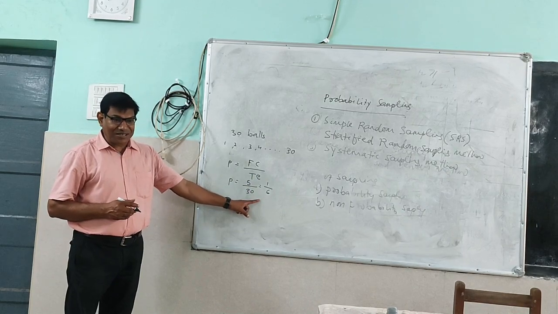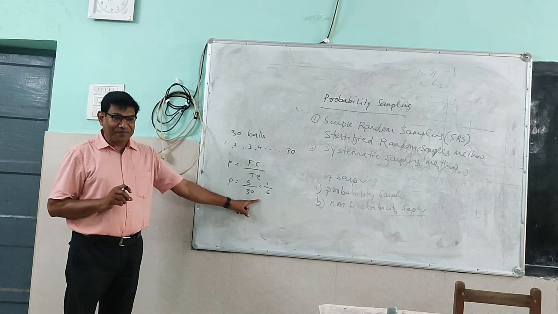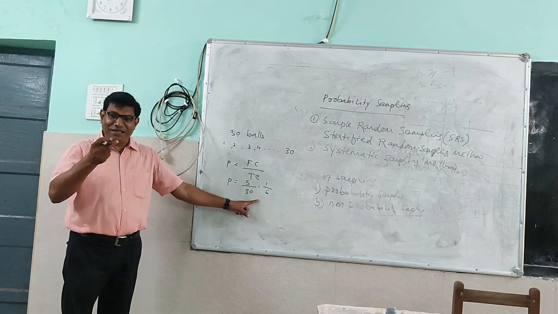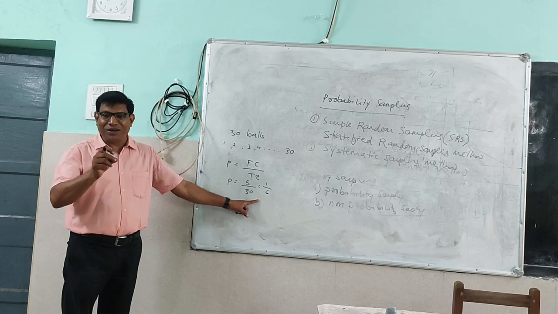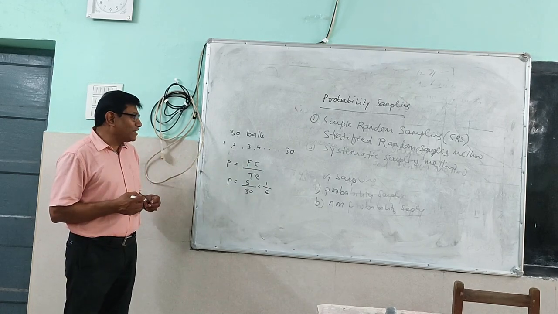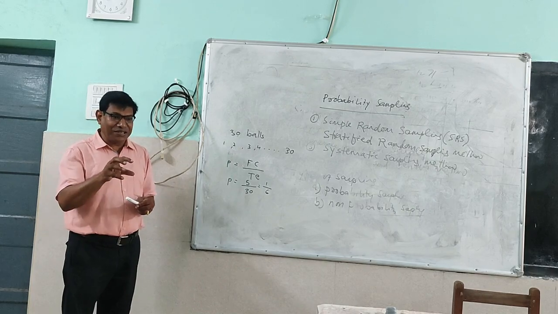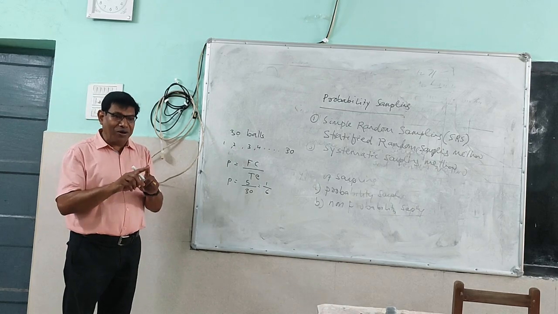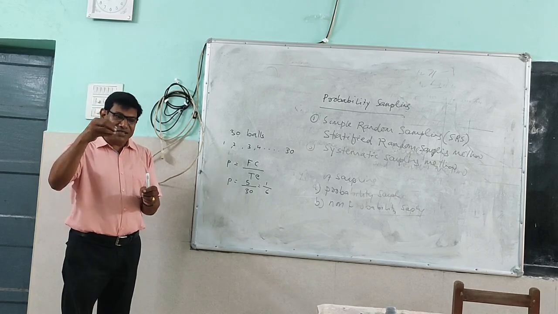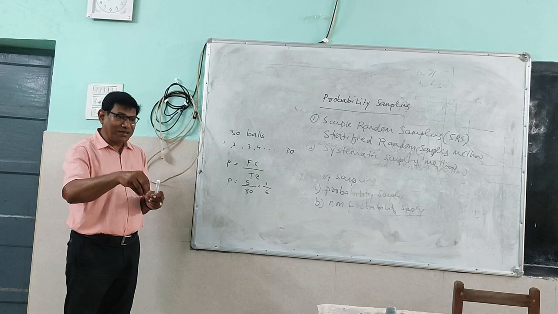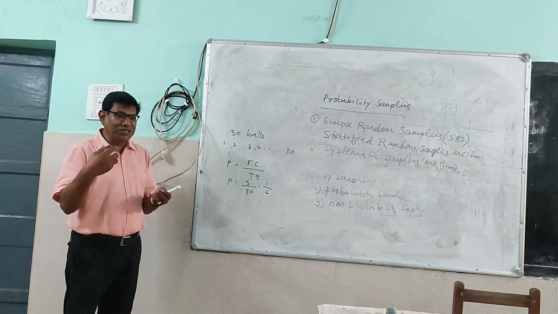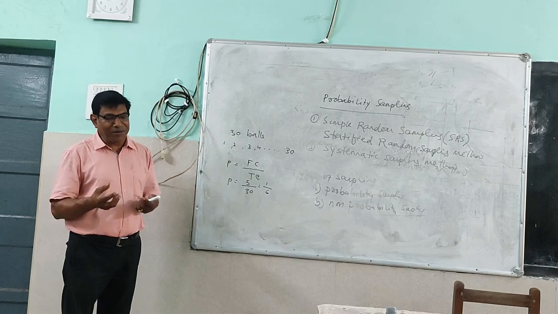Suppose there is a pack of playing cards. 52 cards are there, and you are drawing 1 card. So every card has an equal chance of being selected, that is 1 by 52. So this is called the lottery method. Suppose there are 300 students and you want to select 30 students out of 300. So name all these 300 as 1, 2, 3, 4 up to 300. Put these papers numbered 1 to 300 in a bag. Just draw 30. Whichever come are the sample.